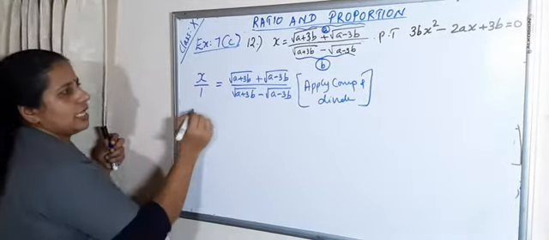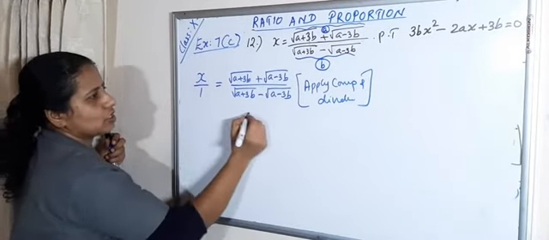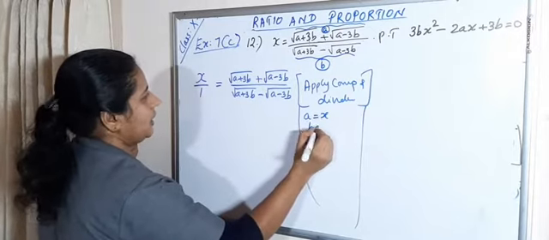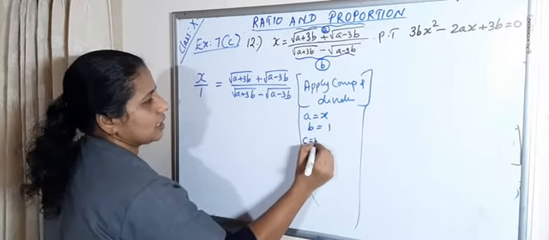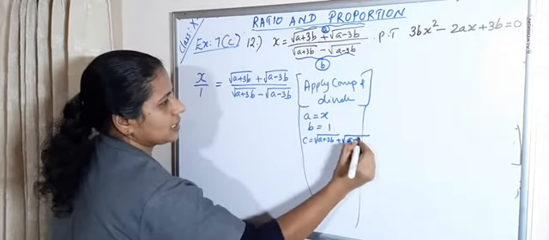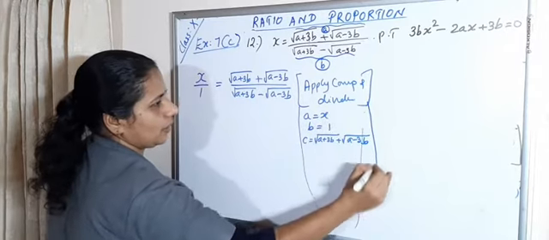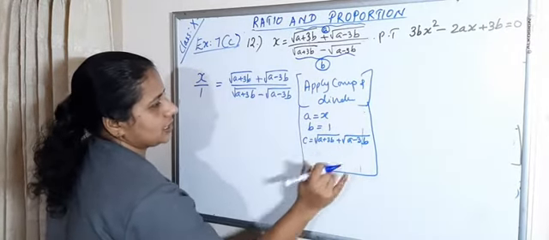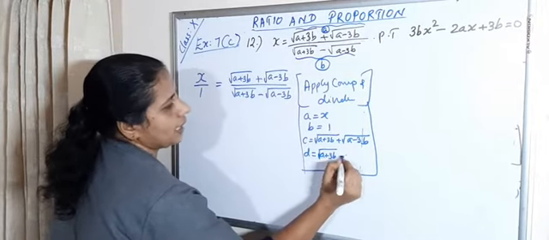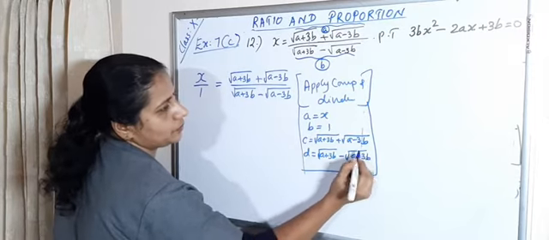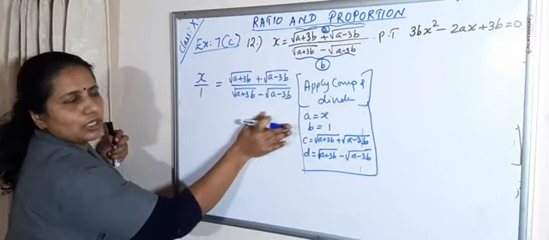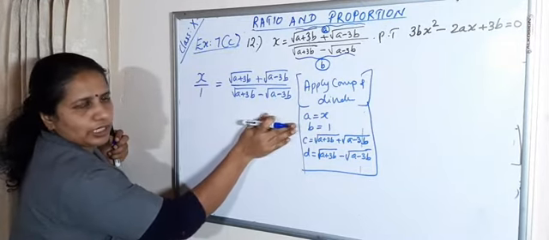That is, here A is equal to, then tell me what is A? A is equal to x, B is equal to 1, C is equal to root of a plus 3b plus root of a minus 3b, and D is equal to root of a plus 3b minus root of a minus 3b. Okay, now don't look at here, just look at these terms and apply complementary dividend to